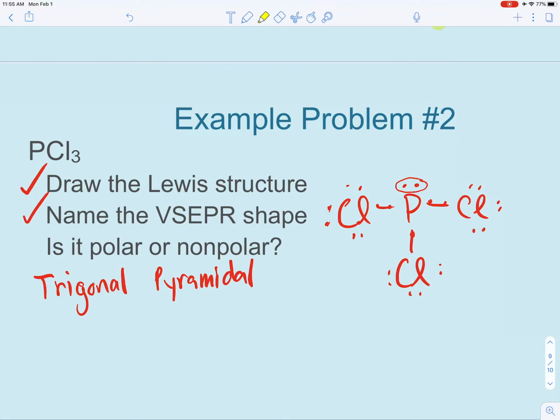So again, we can use symmetry to check if it's polar or nonpolar. So if I just cut this in half, top to bottom, and I compare the left and right, you would think, oh, it is symmetrical. But when you cut this top to bottom, right, we see that on this side we've got electrons being pulled towards the chlorine, but there's not an equal pull going on the other side. Therefore, these electrons are being unequally shared, and this is a polar compound because this is not symmetrical,